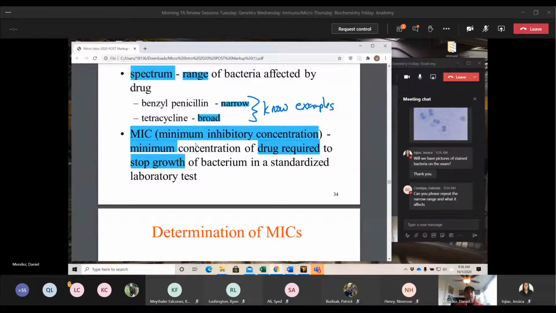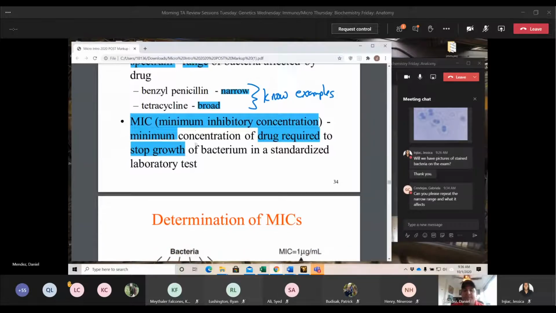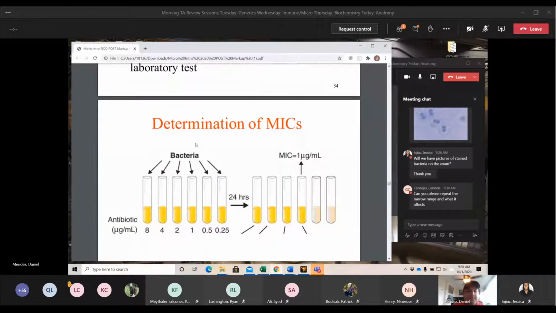Broad is just you're covering all of your bases with a broad antibiotic. With narrow, it's something that you transition to later on as a physician because you have now figured out almost exactly what type of bacteria we're dealing with in the infection. Does that make sense? Hopefully so.